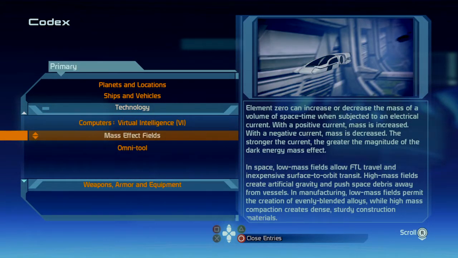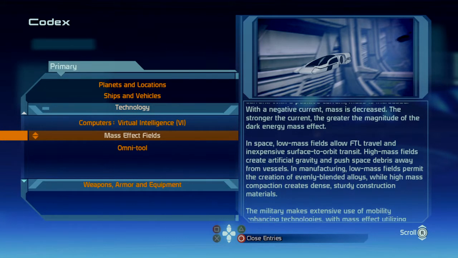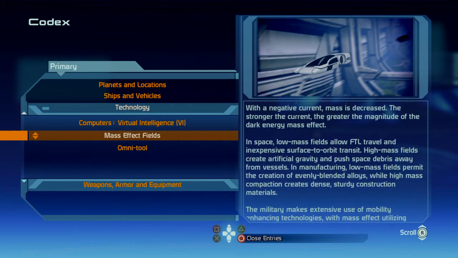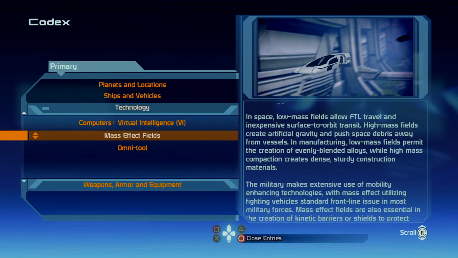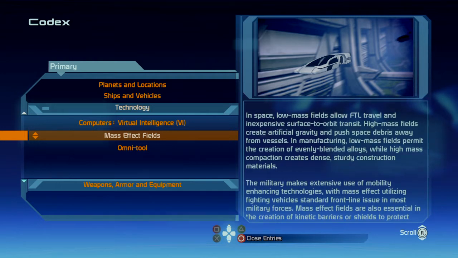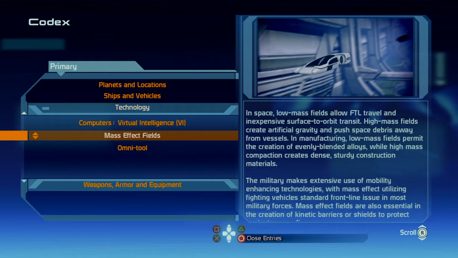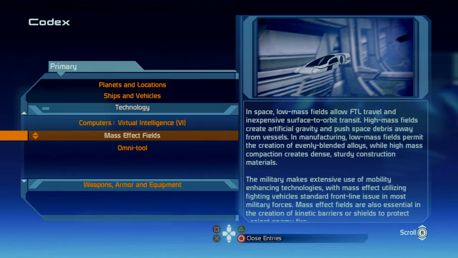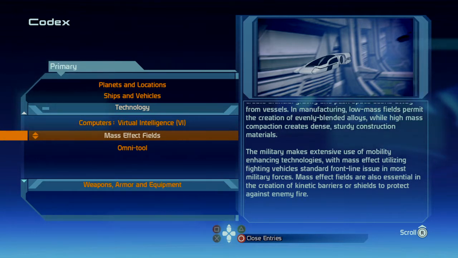Element zero can increase or decrease the mass of a volume of space-time when subjected to an electrical current. With a positive current, mass is increased. With a negative current, mass is decreased. The stronger the current, the greater the magnitude of the dark energy mass effect. In space, low-mass fields allow FTL travel and inexpensive surface-to-orbit transit. High-mass fields create artificial gravity and push space debris away from vessels. In manufacturing, low-mass fields permit the